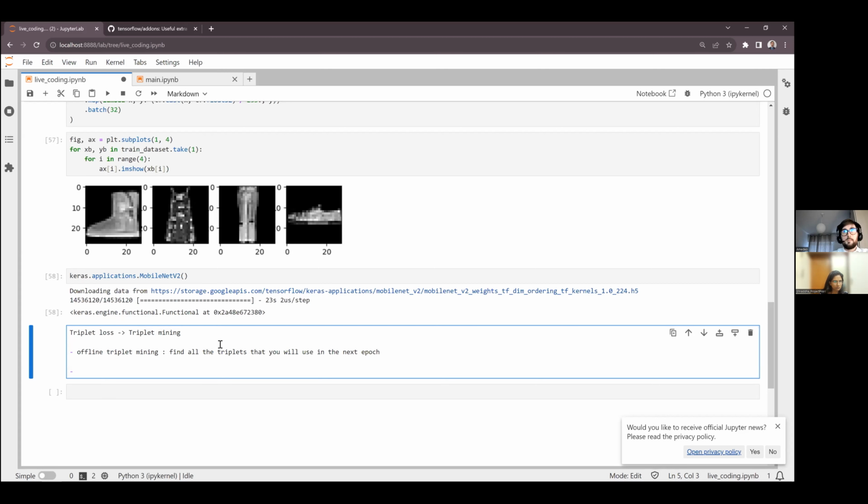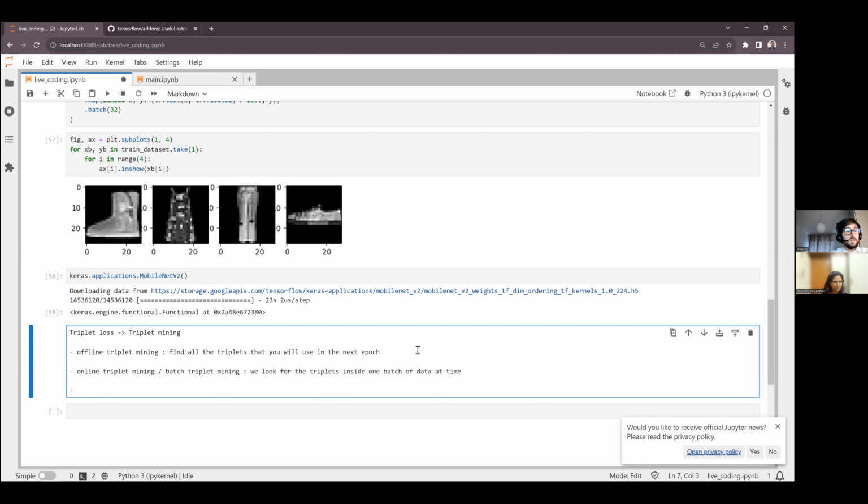But that is time consuming, because for each epoch I need to stop, look at all the data and make a selection, etc. So it's generally not the preferred approach. Oftentimes we use online triplet mining, or batch triplet mining, where we look for similar and dissimilar items inside one batch of data, in our case 32 images. We look for the triplets inside one batch of data at a time.